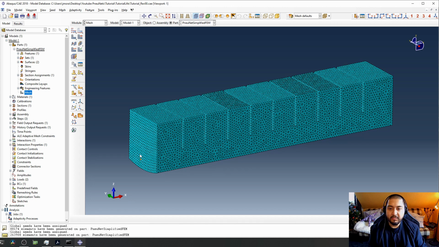So this is the mesh that we have, which is 263,908 elements. This is not really intense regarding computational performance, but this is going to require at least a computer with 16 gigs of RAM. If you don't have 16 gigs of RAM in your computer,